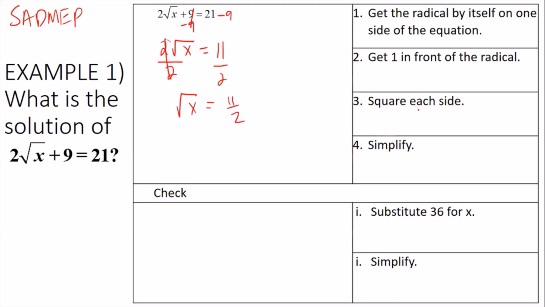Then what is our third step? We're going to square each side. When we square a fraction, that means you're squaring the numerator and the denominator. So we end up with x equals